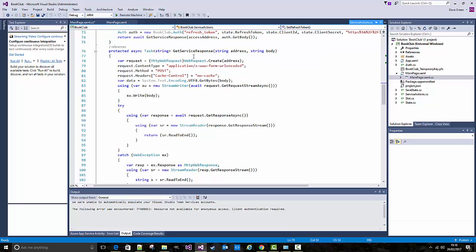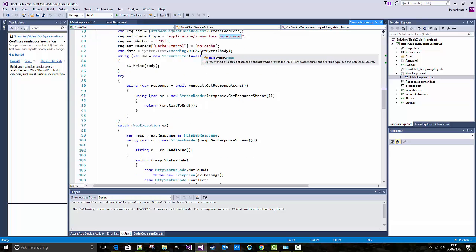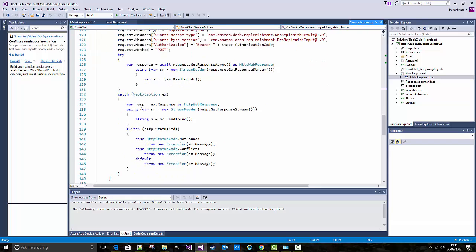a class here which just goes through and it formats the web request in the correct format for this type of call. So this one will be URL encoded. One of the things on DRS is that all of the calls appear to be quite different. So some of them require URL encoded in the body, some of them require JSON. So what I've done, just to make it easy for people reviewing via this page, I've done each one completely separately. So we've got that for refresh, and then we have another